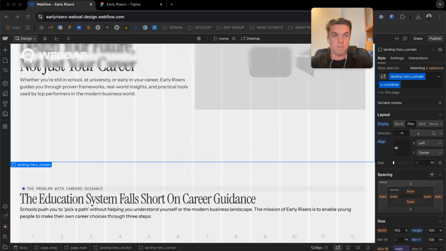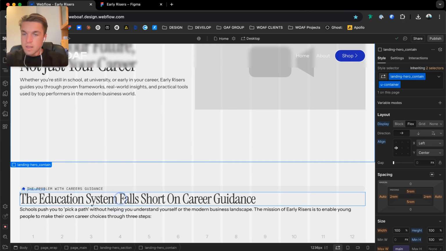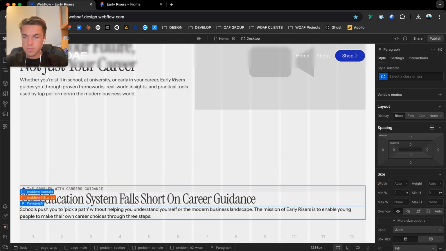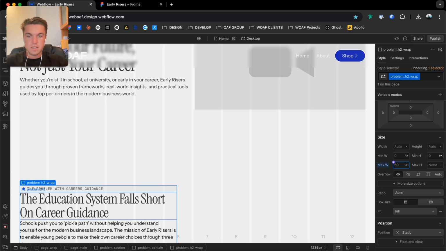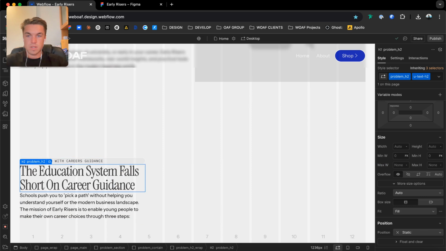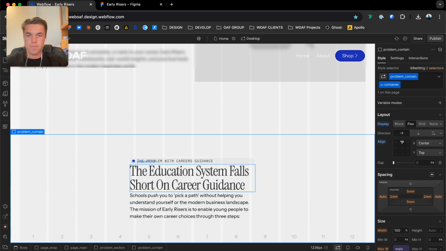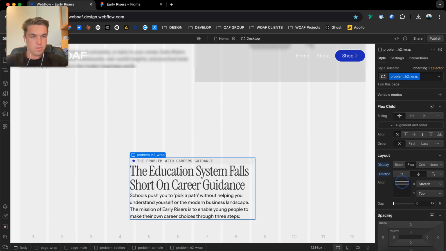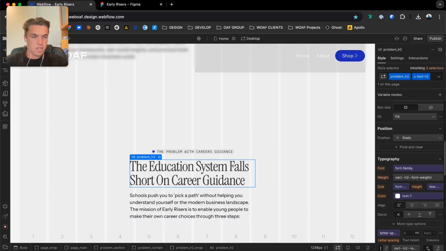Actually my face is in the way. It's in the way wherever I put it, maybe there. And then this whole thing, problem h2 wrap, let's experiment with some character widths. Probably 40, yeah. And then make the container center aligned. And then this wrap thing is going to be a flex down the middle, maybe like a 16 pix gap. This is going to be center,